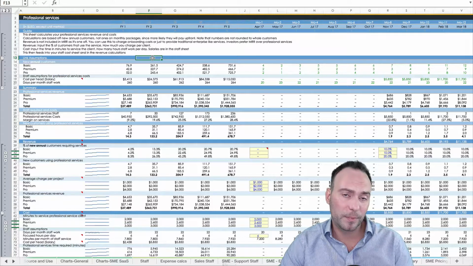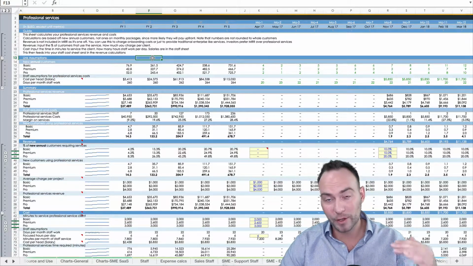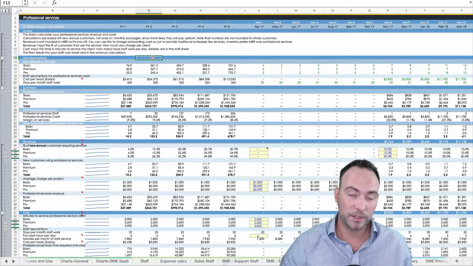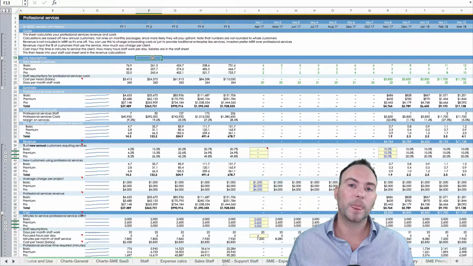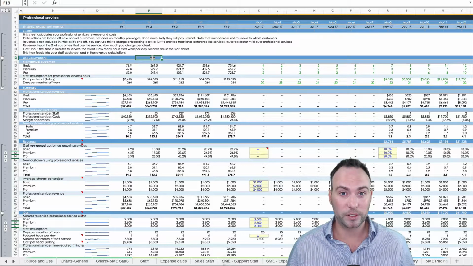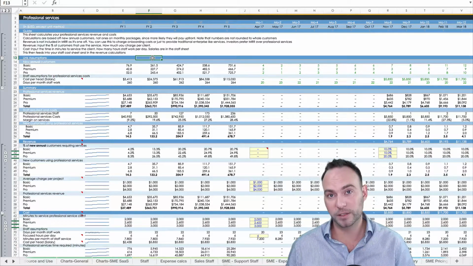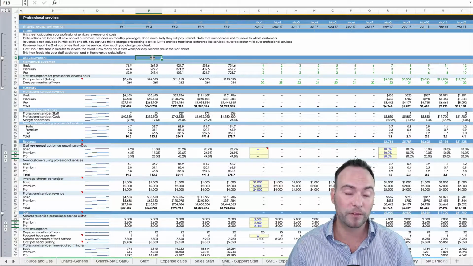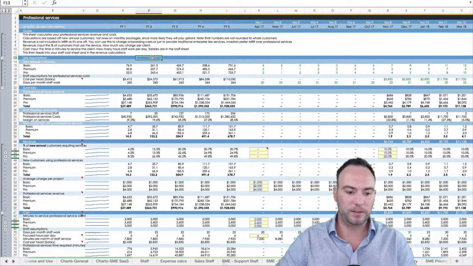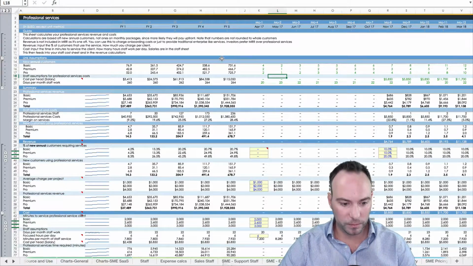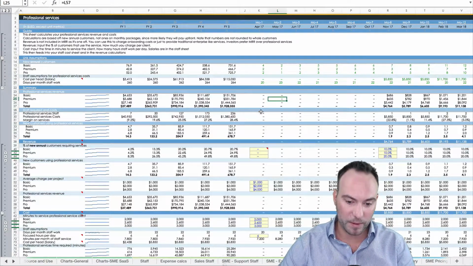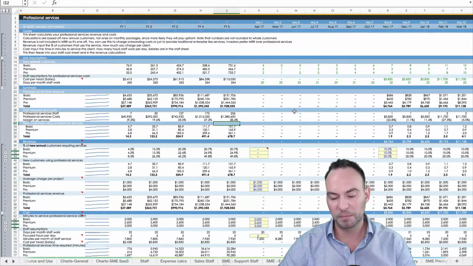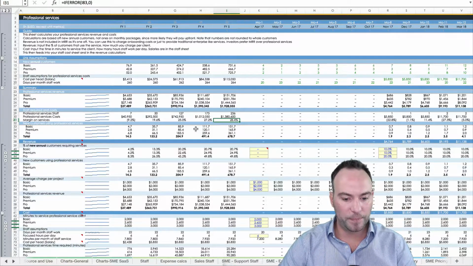And so you're basically going to hire people, charge for something, but you're still going to have the cost base of those people to offer those services. And so you can actually make money on this. So I mentioned internal engineering in the support sheet. This professional services is different to the internal engineering, okay? Because you can actually make money off this, or you can offset the costs and maybe break even. It kind of just depends, right? So we're going to get our links to see what the drivers are of this, and we'll see that we're making revenue, how many people we need to have, what the margin on services is. We'll see it's negative at the start, but then you start getting to about 28% margin, and how many customers